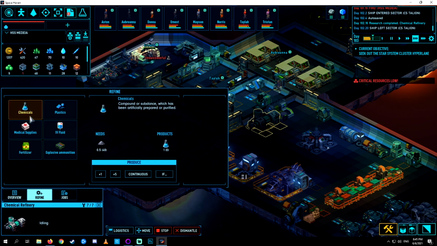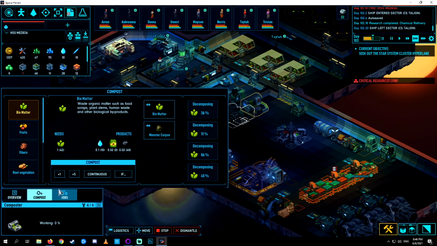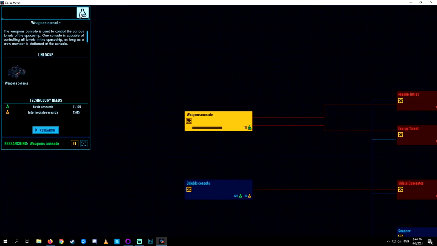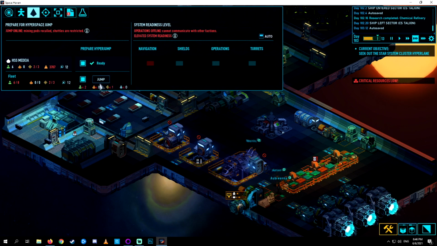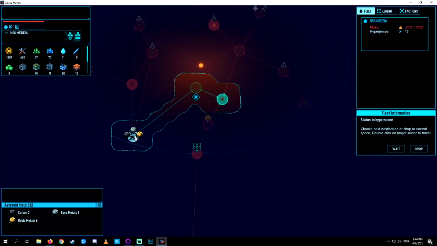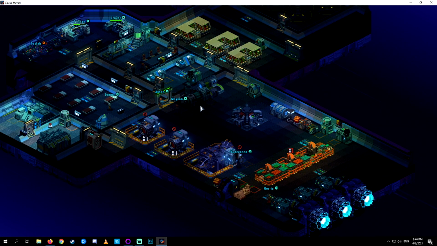Now we can make fertilizer if we make chemicals. I don't need any yet, so I'm not going to bother. It's just there if I need it. Okay, everything's mined out. We can move on. I think that's pretty much everything in this. Oh, it's not. Yeah, these are the resources we missed. The pirate's away, so let's see if we can dodge the pirate enough to